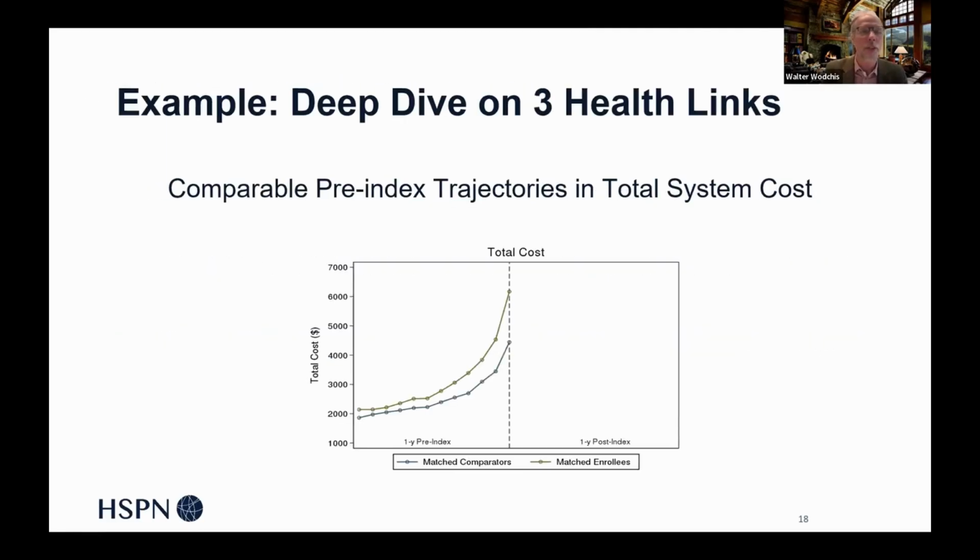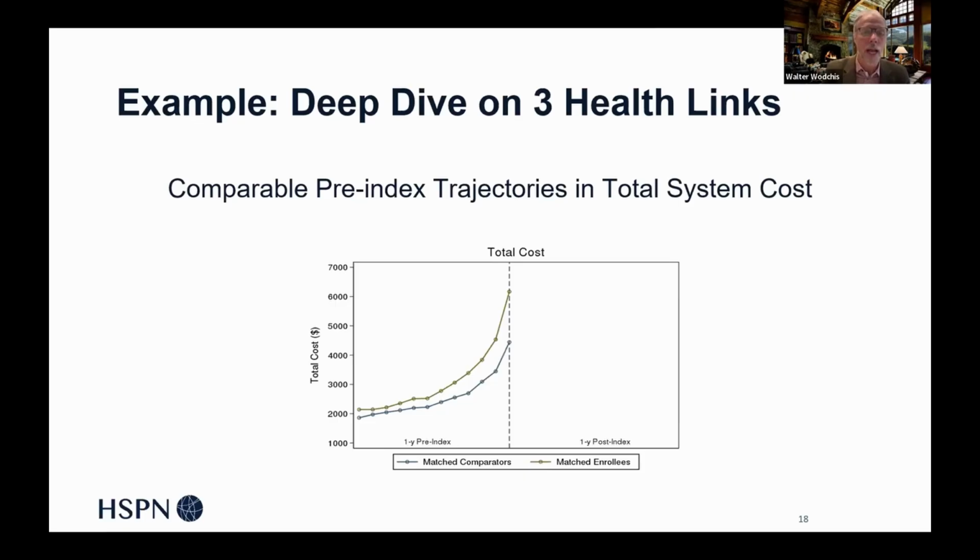So if we go to the next slide, we'll see here, this was work we were doing at HealthLinks, which was a precursor to Ontario Health Teams. It was actually also designed as a Ministry of Health initiative. And this was what we were seeing in HealthLinks, in those people who are enrolled in HealthLinks across Ontario. So the gold line at the top are the people that were enrolled in HealthLinks programs. And this was their monthly cost. We could do this in a lot of different measures, but total system cost is the one I have here,